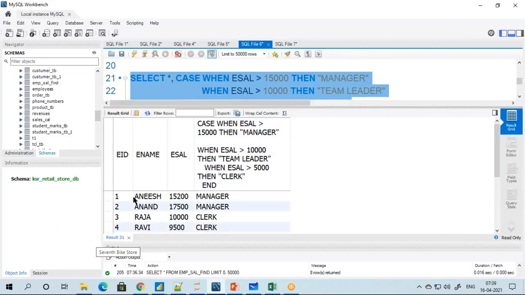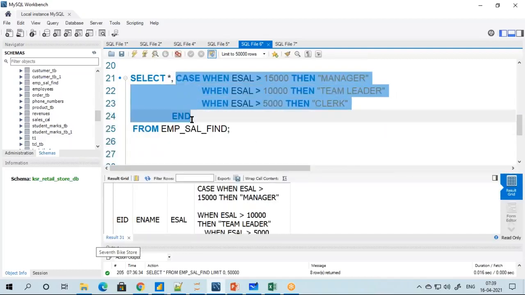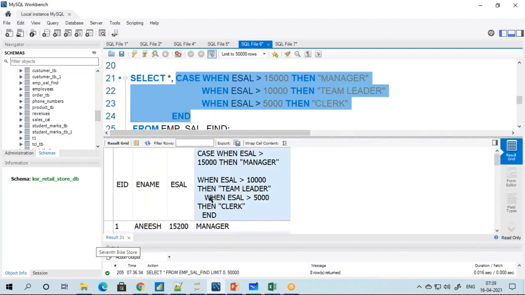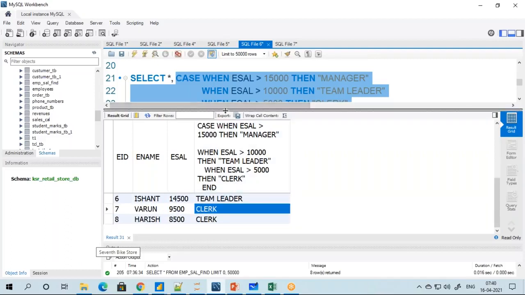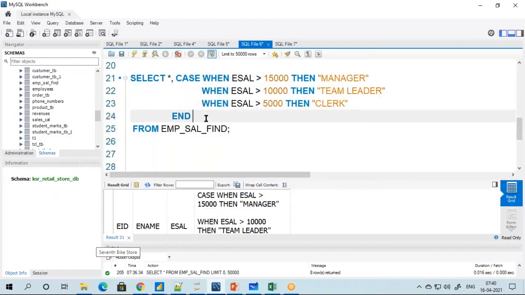I've got this. But what is happening is the entire logic is coming as the column name. Try to understand the case statement which I've written; the entire text is coming as a column name. For example, Anish, manager; Umesh, manager; Ishant, team leader; Varun, clerk. Everything is coming, but this is irritating. So I'll give something like role, the role of an employee. Some name I will give. After the end statement, I will give an alias name. So now if I run,